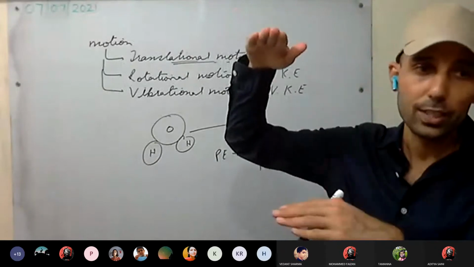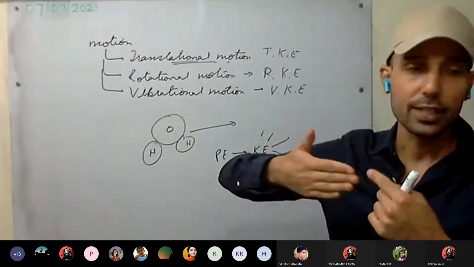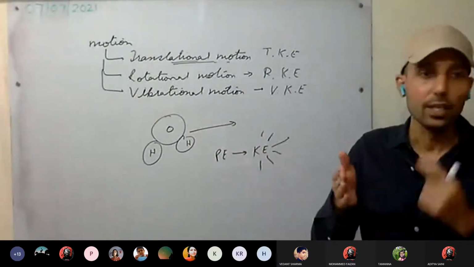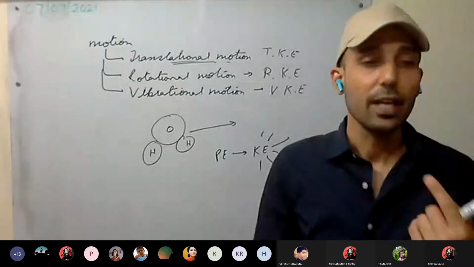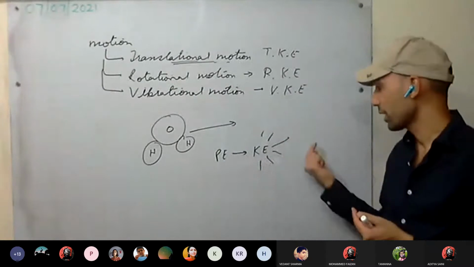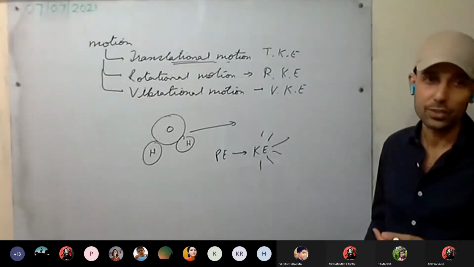Water stored has potential energy. It runs the turbine. When it starts to move, it has kinetic energy, moving water. So first, potential energy is converted into kinetic energy. Now this kinetic energy can be converted into any other energy. Using the turbine and generator, we can convert it into electrical energy.